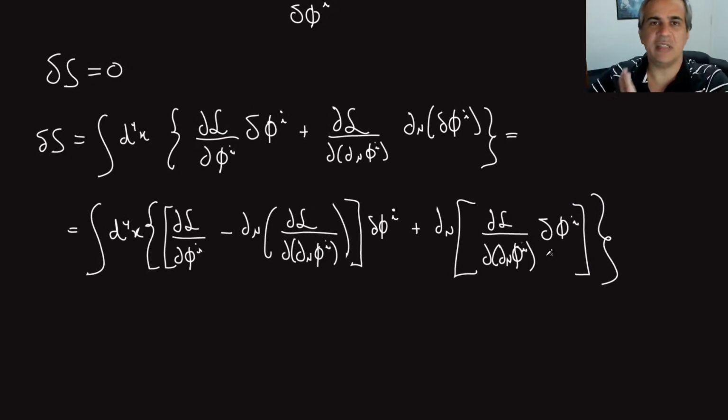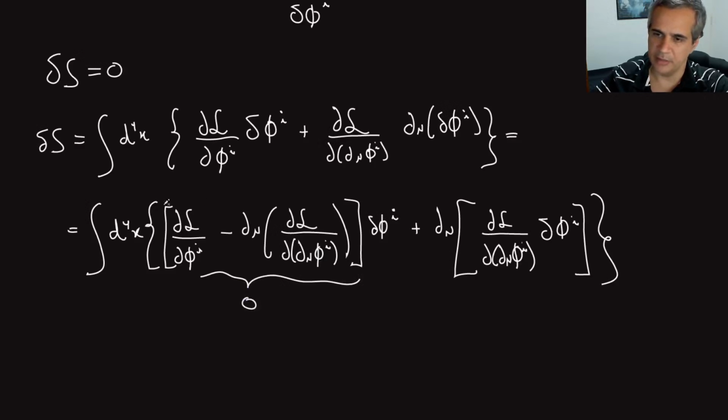Now, if this is a classical theory, or in other words, if this field satisfies the equations of motion for a classical theory, then this part is zero, right? This is just what you get from the Euler-Lagrange equation. So that part is zero. And that means that the variation of the Lagrangian classically, and by that I mean if I use the classical solutions for the field here, is equal,